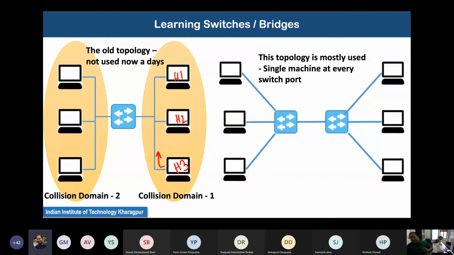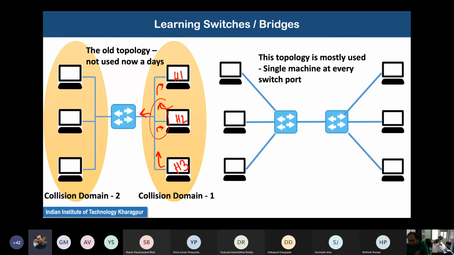So whenever H3 is transferring a signal, if H2 also starts transferring another signal, then these two signals will collide and create noise. That's why, if certain machines are connected to a common bus, we call them a collision domain, because those three machines collide with each other while transferring data.